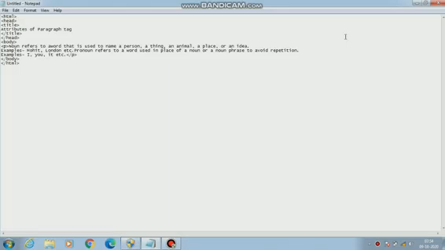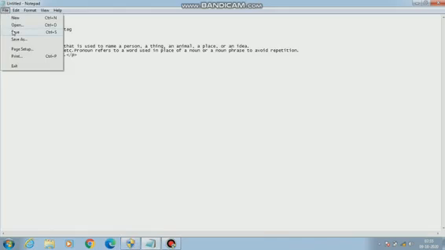For this purpose, I have already written a paragraph in which I have written 3 lines. Now, first of all, I'm going to show you the output of this particular paragraph. Suppose I'm going to save this file first and then see. I'm changing the name also, file, and then save as. I'm saving this file with